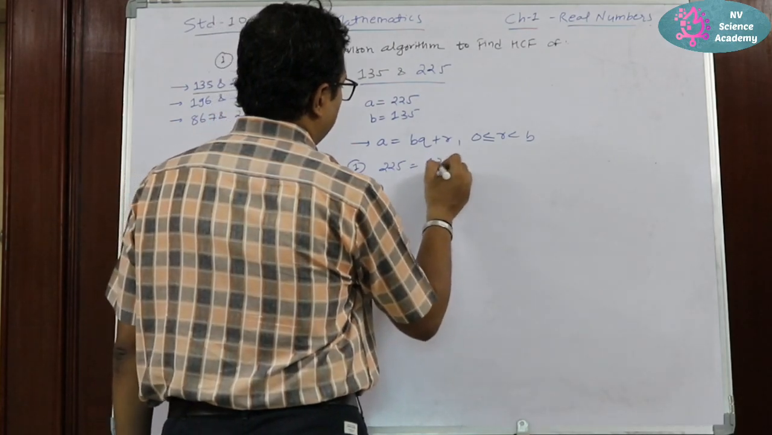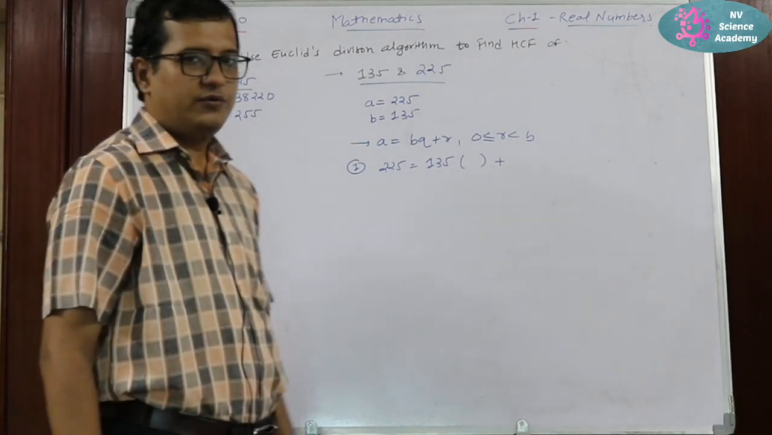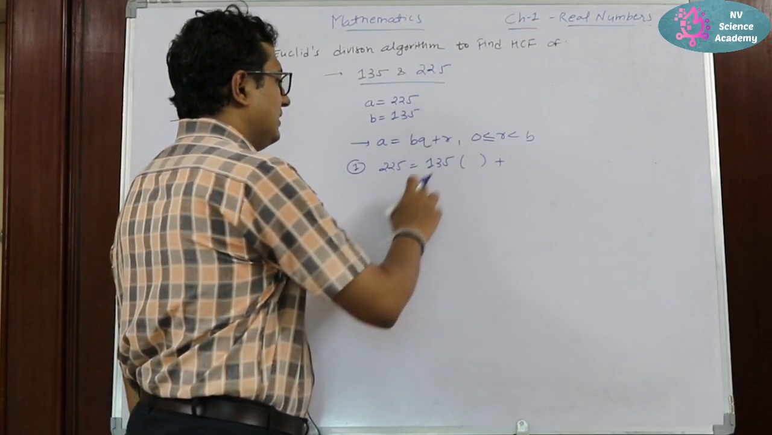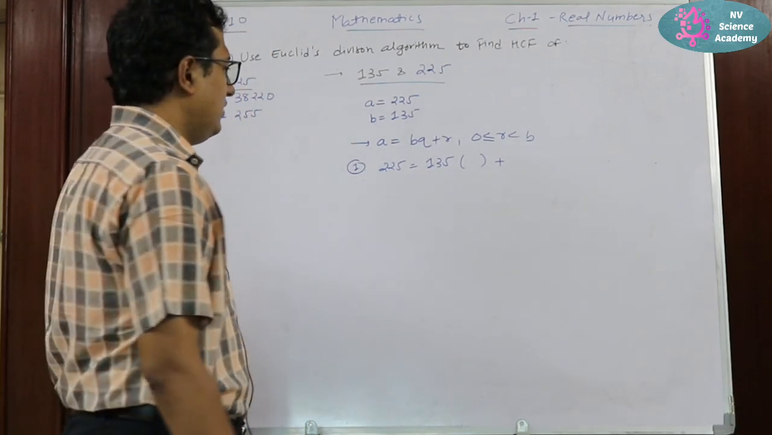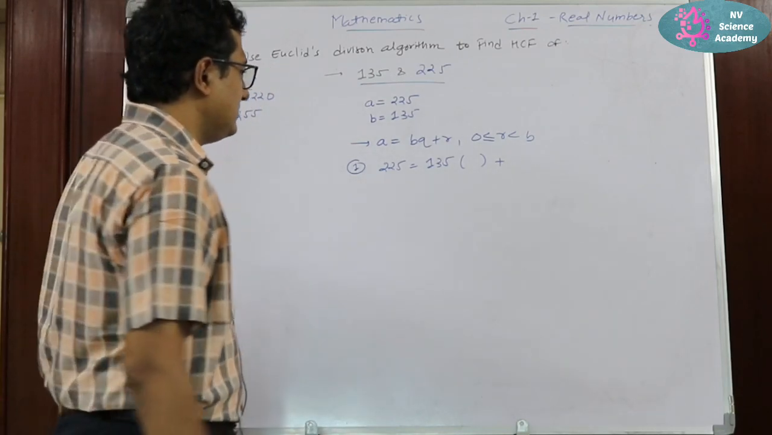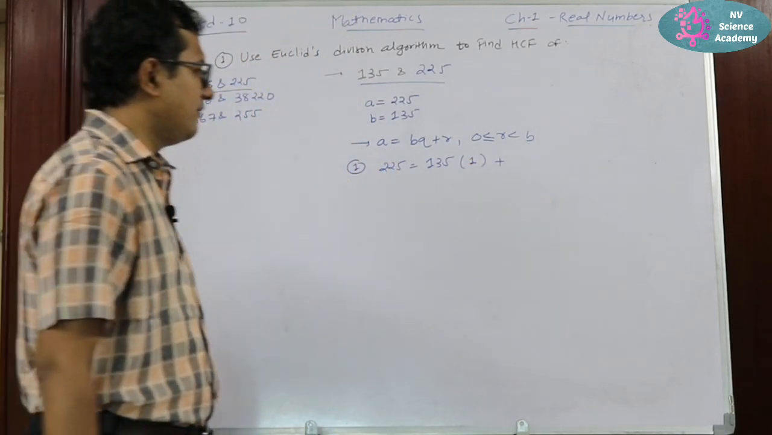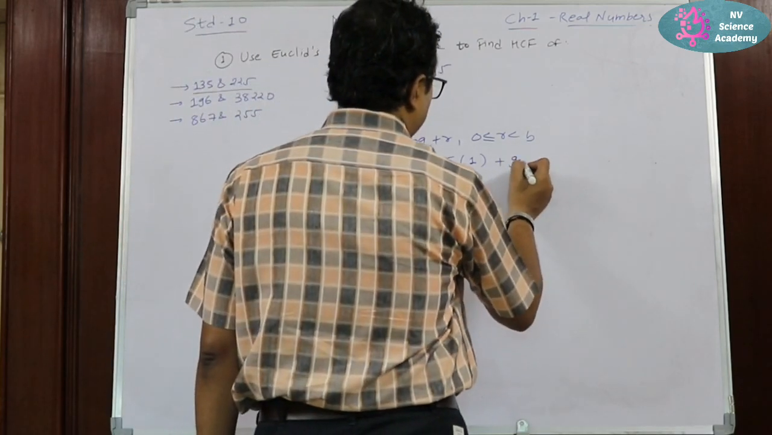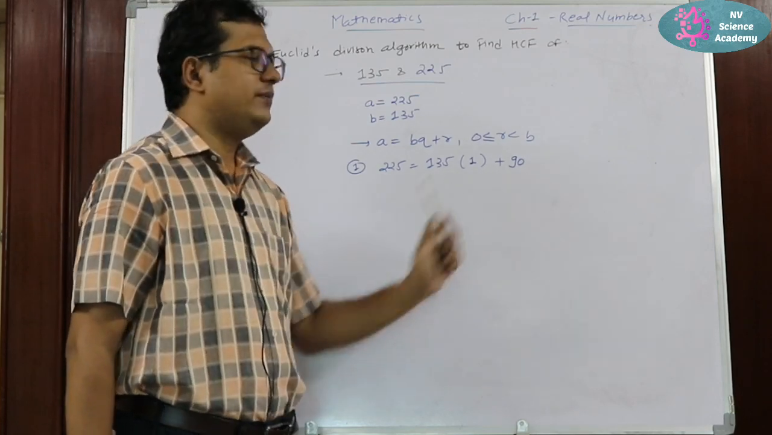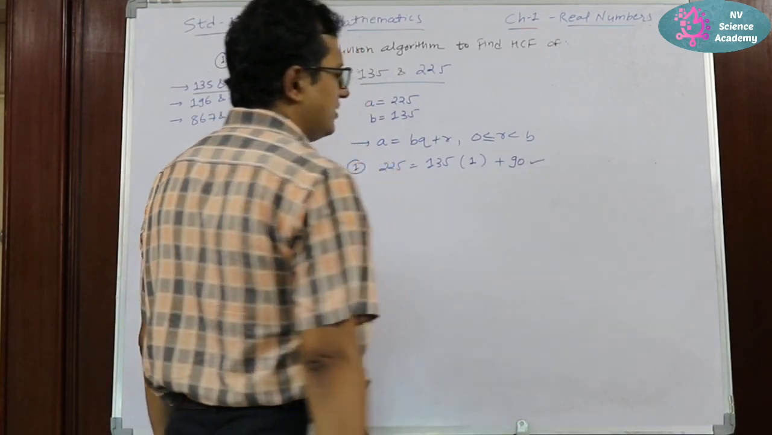225 is equal to 135 into the bracket plus a remainder. Now if you do the trial and error method, you can find out that when I multiply 135 by 2, the result will be more than 225. So I cannot multiply this by 2, I can simply multiply it by only 1. So the remainder will be nothing but 90. When you subtract 135 from 225, the result will be 90. So this is the first step. Here you can see that the remainder is not 0. So we have to